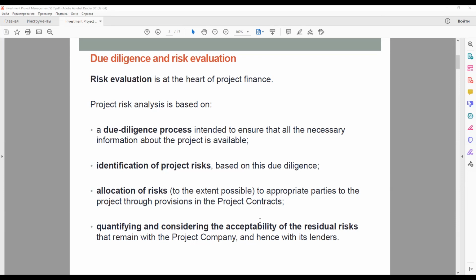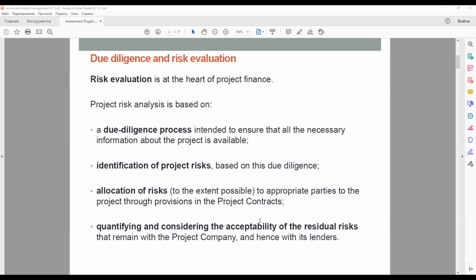So this process of overall evaluation and designing the risk mitigation schemes is known as due diligence. The due diligence process may often be a slow and frustrating process for a project developer, as lenders inevitably tend to get involved directly or indirectly in the negotiation of the project contracts. But it is an unavoidable aspect of raising project finance debt.